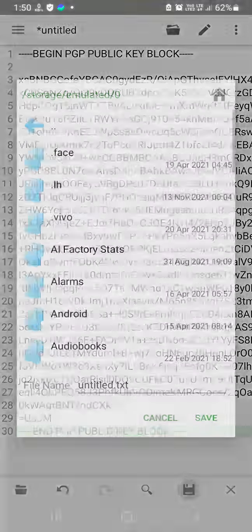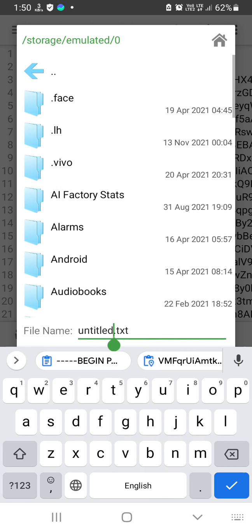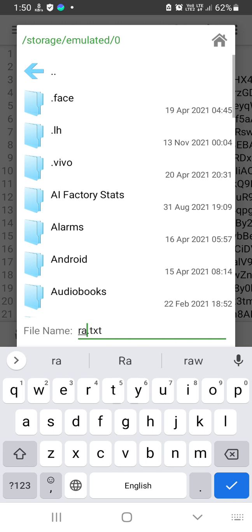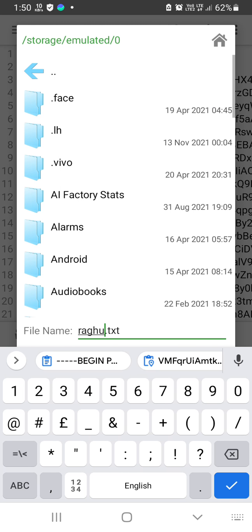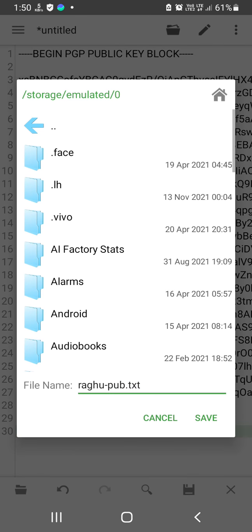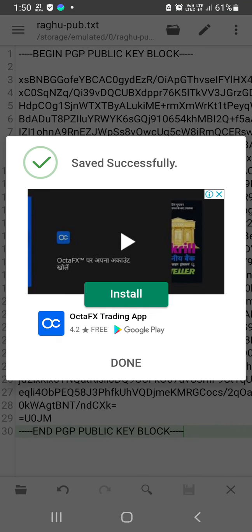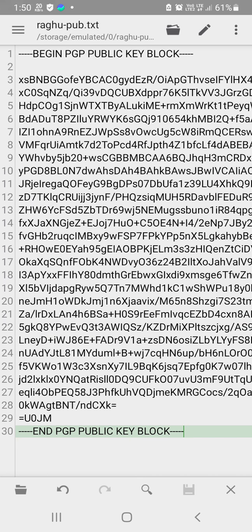Save it, give some name, Raghu public. Okay, save it. Now the Raghu public key has been saved as a text file.